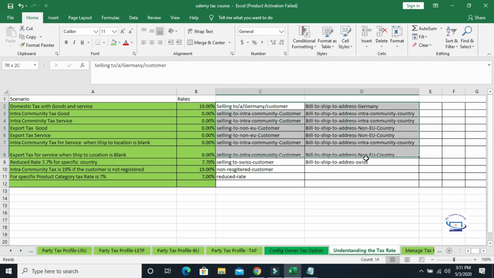So these are all the scenarios you have to accommodate in our tax rate and tax rule setup, and to derive the correct tax calculation, we have to configure our tax determination factor and tax condition set so that the tax can be calculated as expected.